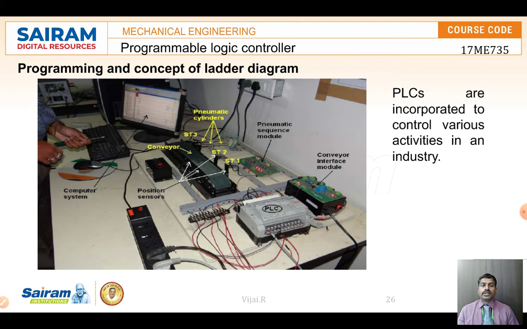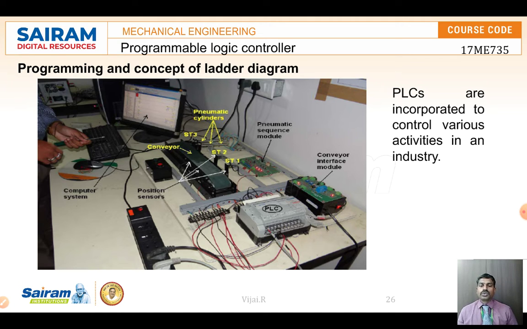Normally, where this PLC is incorporated, if you see this prototype model of a conveyor belt, there are two or three stations. At the stations, we are keeping position sensors. The position sensors will help to find where the component is coming.